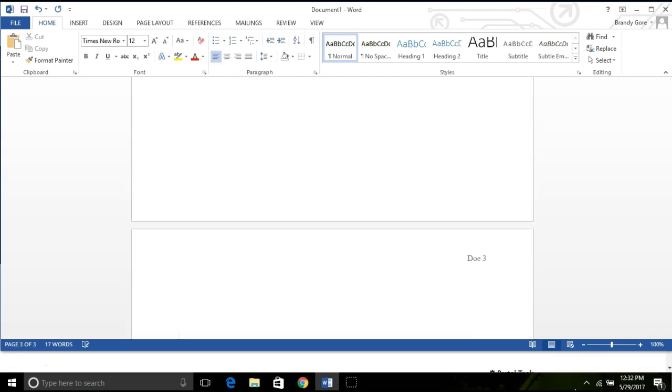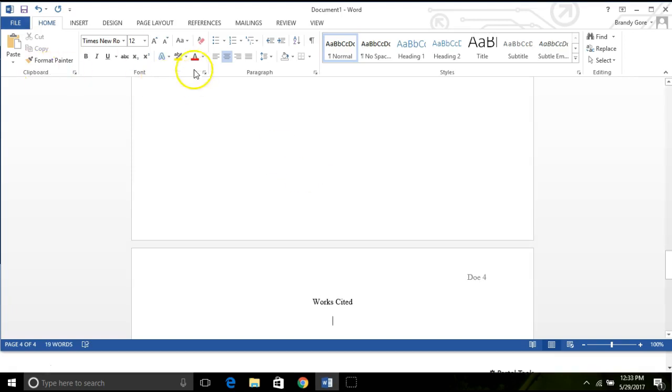And when you need a works cited page, you will go to the last page of your document, or a fresh page, I shall say. You will center works cited, hit enter once, get back on the left